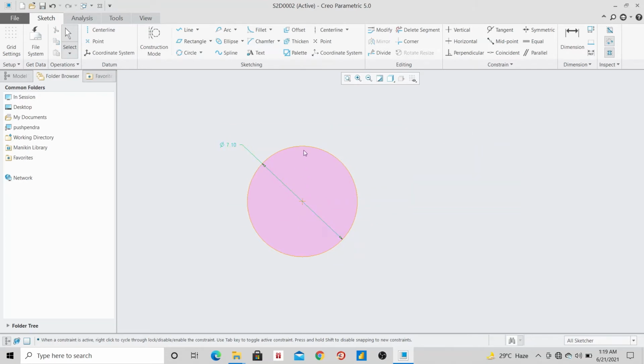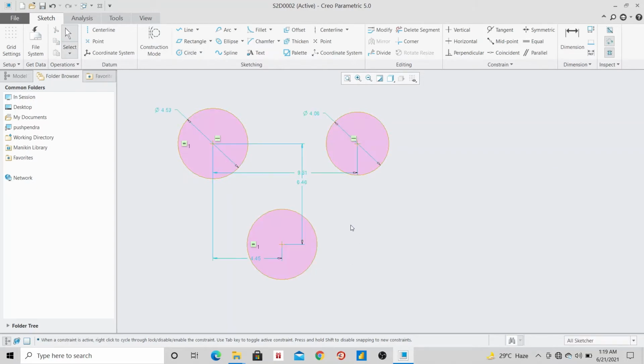And the last one in the circle command is 3-point tangent. Let's see, I have drawn 3 center circles, 1, 2, and 3. Now I want a circle that should be tangent to all these 3. What I will do is go for the 3-point tangent circle.